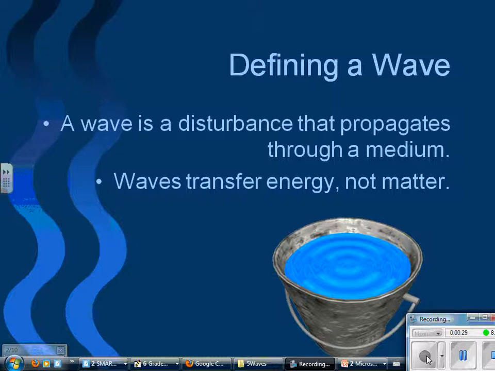Usually when we think of waves, what do we think of? The ocean, the beach. When you're playing in the waves at the beach, the waves knock you over, the waves are crashing against the shore. That's different than the types of waves we're talking about. If we're looking at basically any other type of wave, and you'll see some of them later on, the actual particles, like the water that's in the wave, or if we're looking at a spring or a slinky, those particles aren't moving very much, and they don't travel with the wave. So it's the energy of the wave that's being transferred, not the matter. Okay?